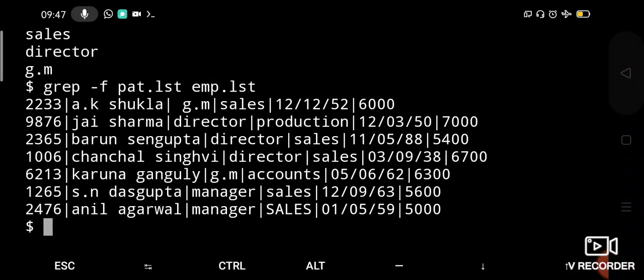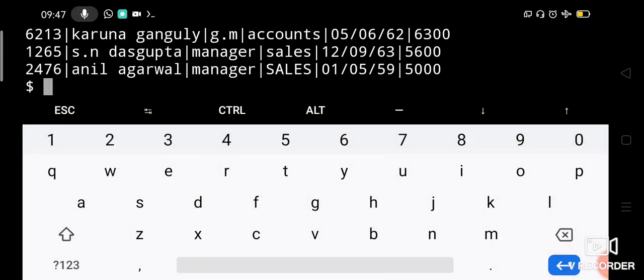So now you can see the patterns are taken from pattern.list. It is displaying the contents of the file emp.list which have sales, GM, manager, and director. All these will be displayed here. That is how you can store the pattern in a file and then take that as an argument to the grep command. Fine.